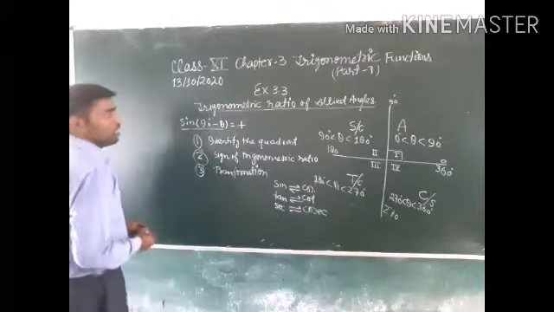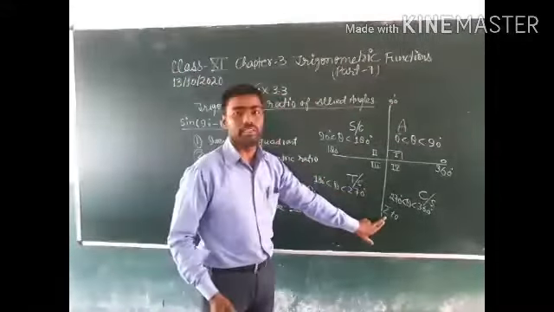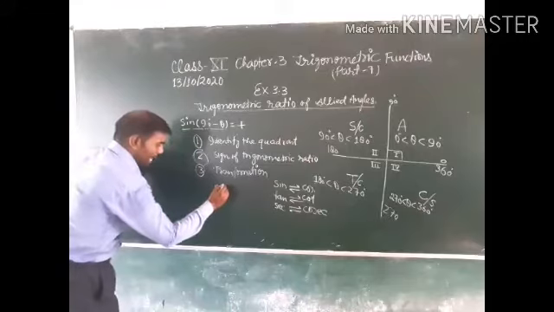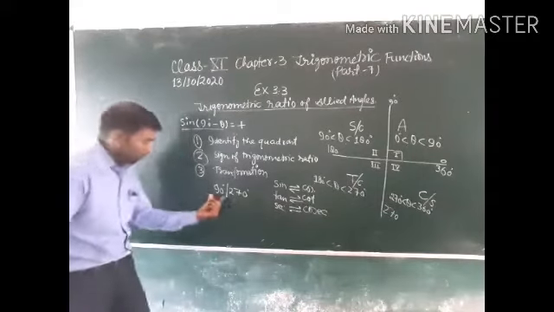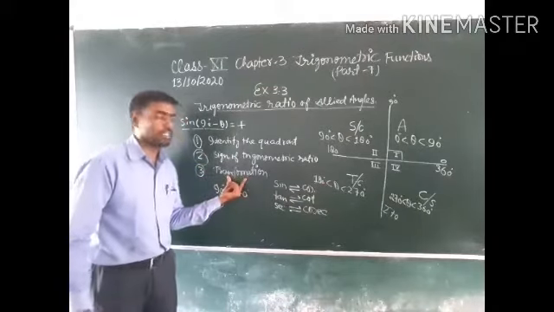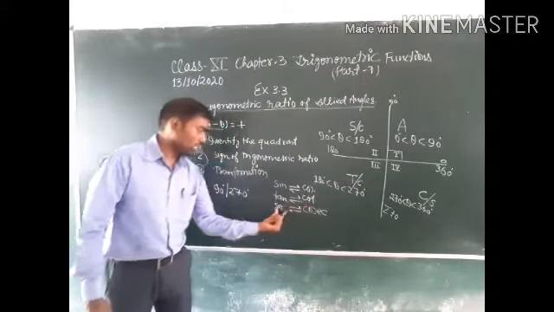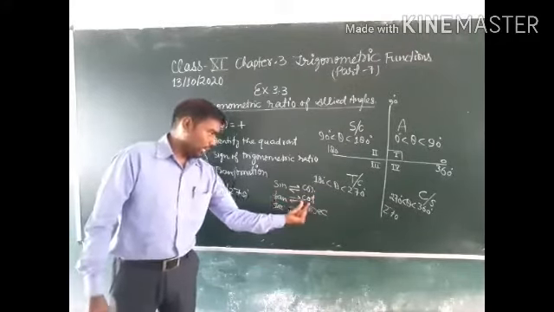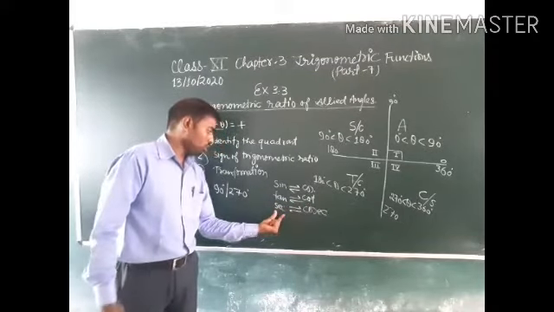So you already know this is 0 degree, this is 90, this is 180, this is 270 degree and this is 360 degree. Where 90 degree and 270 degree belong to the trigonometric ratio, sin converts into cos, tan converts into cot, sec converts into cosec, and also cos converts into sin, cot converts into tan, and cosec converts into sec.